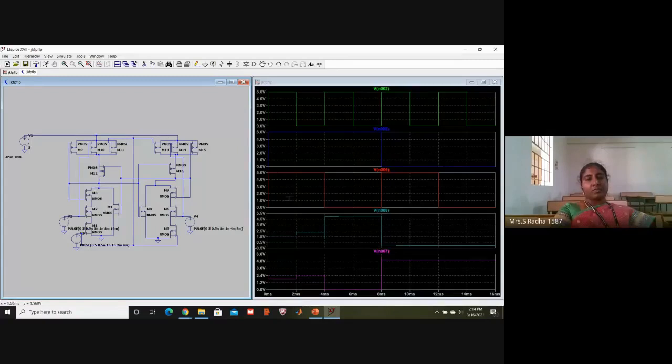Now if you see, the first combination is 1 1, there you will have toggling. And for 1 0 and 0 1, you are having the J value as the output. Q value and J value are the same. For the 0 0 combination, the previous output is continued. 0 is continued.